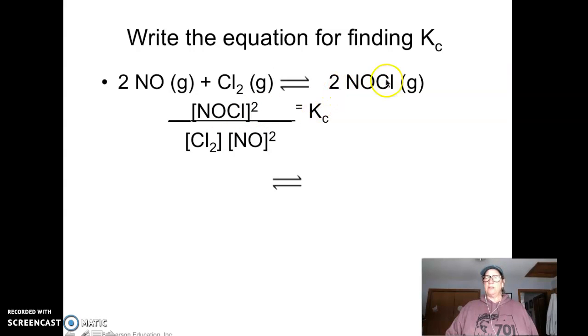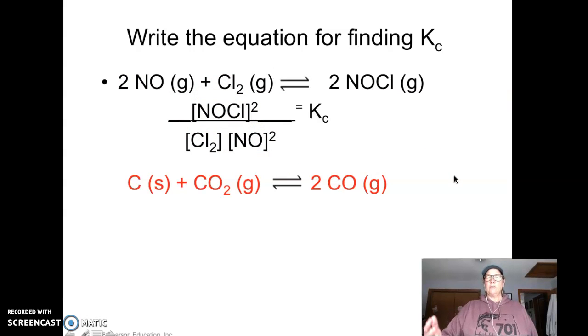Okay, so again, we put this one on top with a 2, and then we put our chlorine and 2 of our, so when we fill in our concentrations, we can get our numbers. Okay, here's another one. This one I'd fill in 2, I'd have the concentration of carbon monoxide to the second